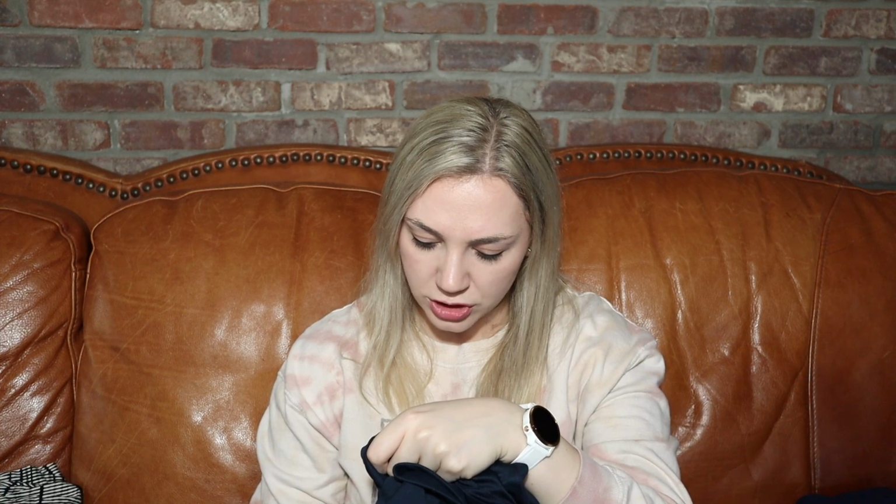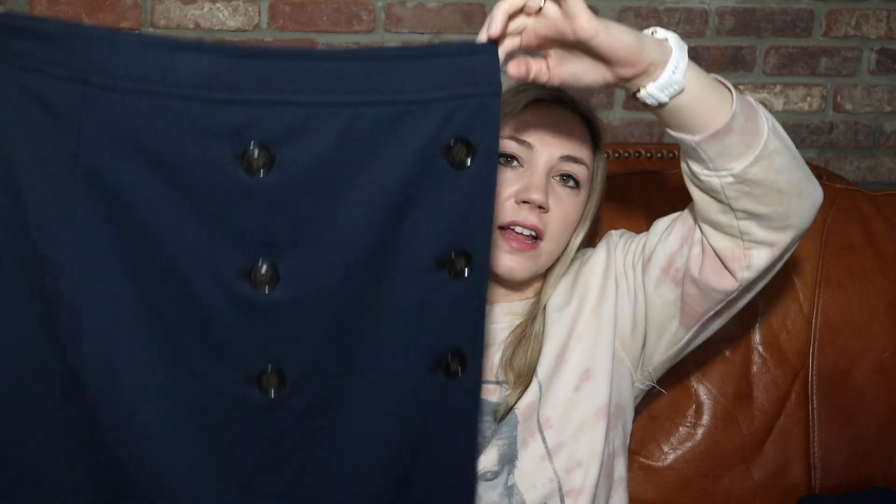And yeah, I was thinking that there was a little bit of wool in here, but it is just polyester, rayon, and spandex. But this is a really nice closet staple, especially if you do have to get pretty dressed